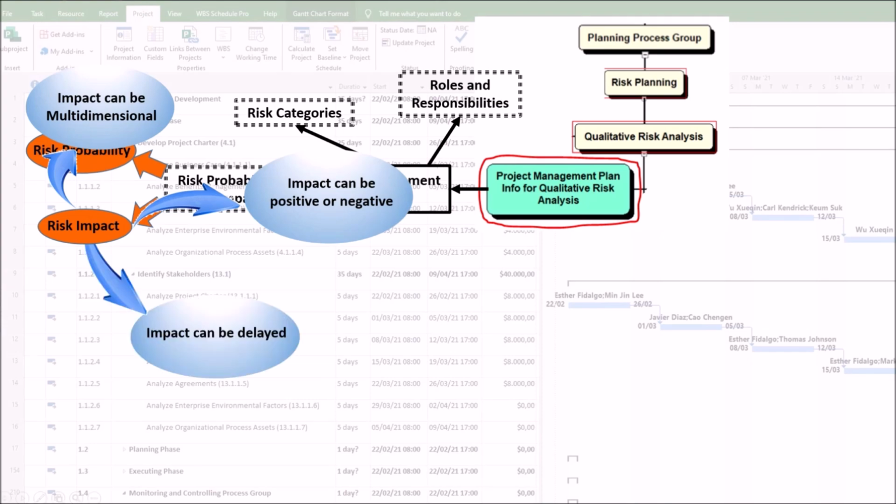Third, the impact of the risk can potentially be delayed. The consequences of a risk event may not be immediate and may manifest themselves long after the event itself. To ensure consistency, standardized measurement guidelines with clear definitions for each relevant dimension should be established. Below are examples using a common 5-point scale. As examples, the common impact dimensions and scales are: